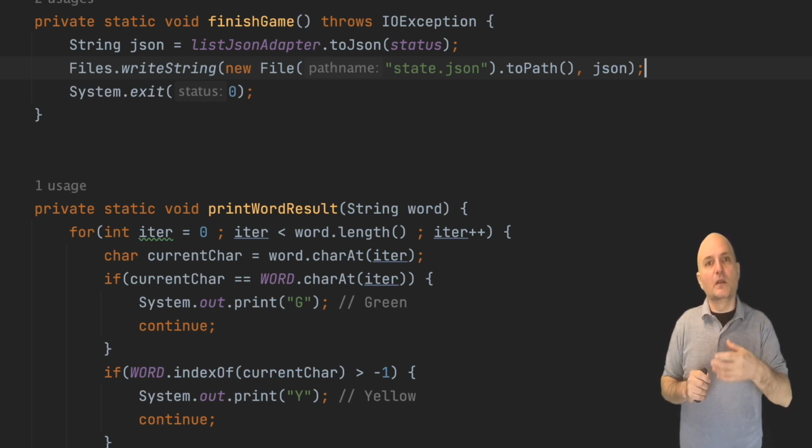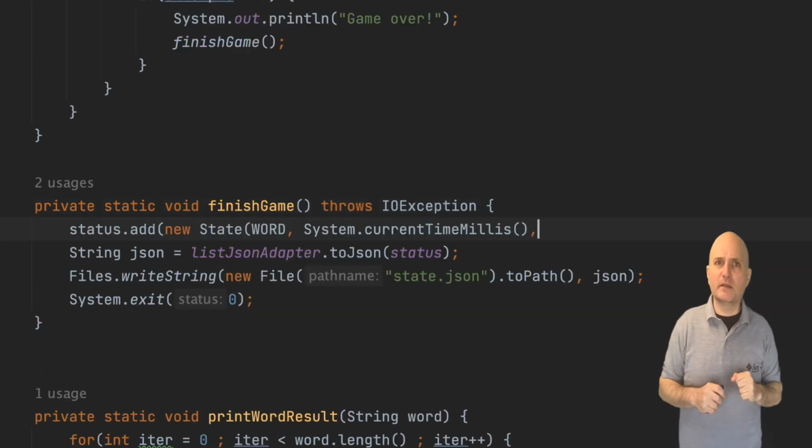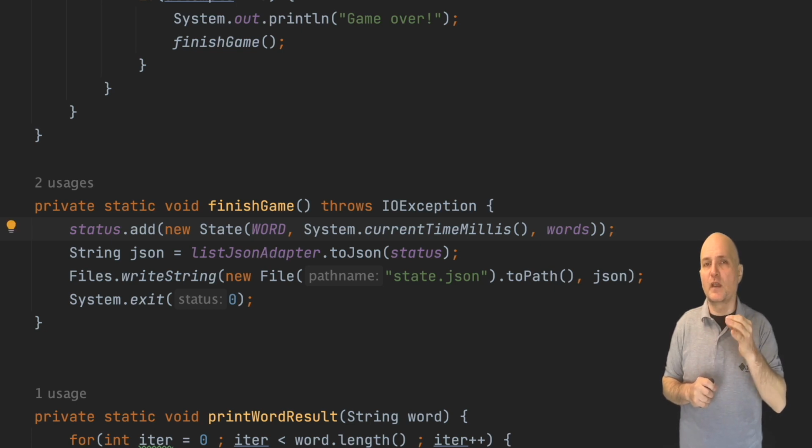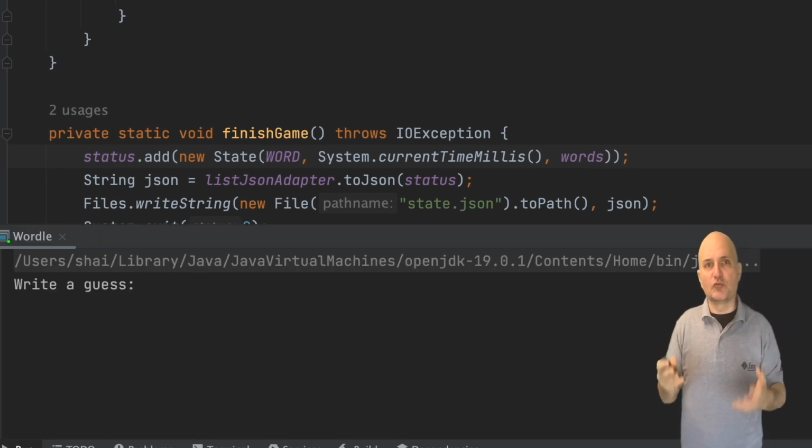We're almost done. There's one big obvious missing piece here. Care to guess? We need to add the last entry to the status list, so all elements will be listed there. We allocate a new status object and add it to the list. Once we do this, we can run and generate the new JSON, or at least we think we can. Let's try. Running the project, it all seems great.